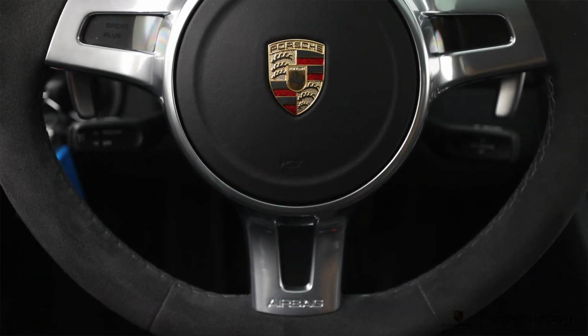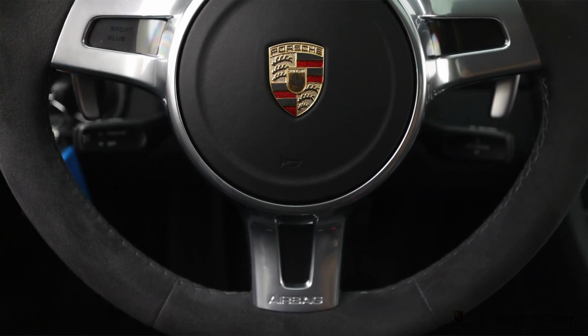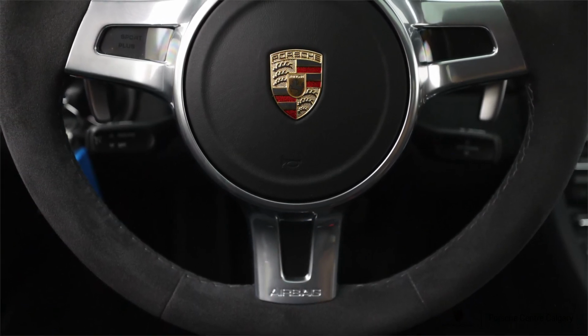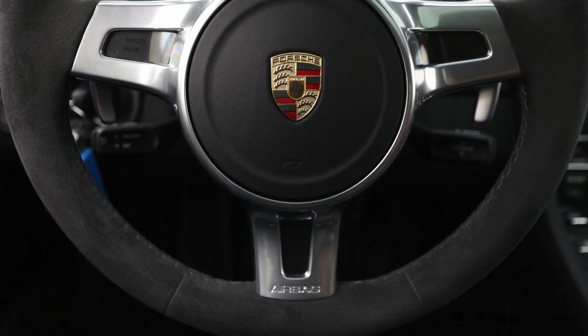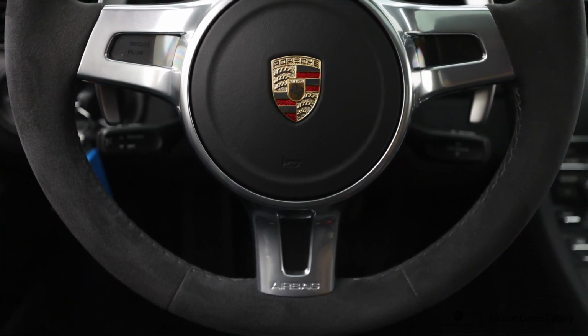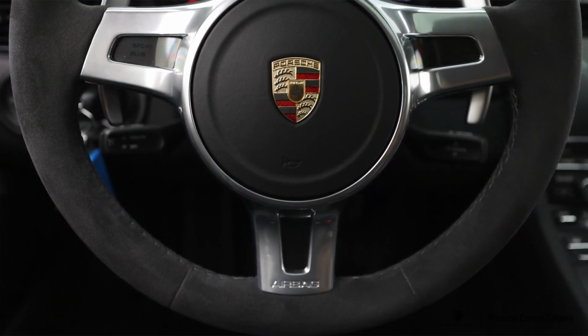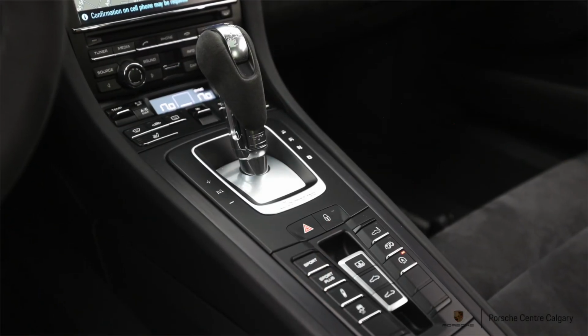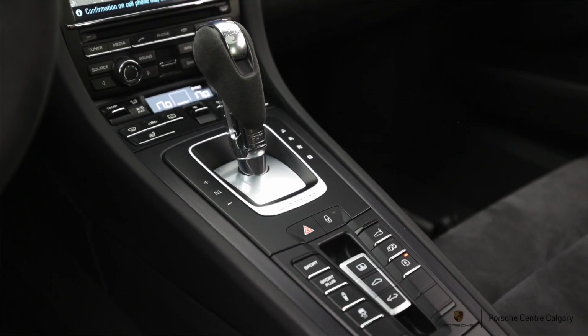This one has a black interior. GTSs are also known for having a lot of Alcantara options, Alcantara being kind of a synthetic suede material. So this one has a combination of leather and Alcantara. Your dashboard is wrapped in smooth finish leather, really premium feel. It's great. The top of the doors will be leather as well, and then kind of the seat trimming will